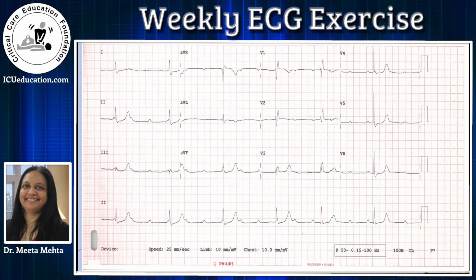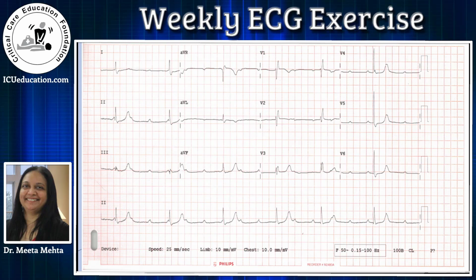Now, if you look at long lead 2 for P waves, some of the P waves are distinctly visible, but some of them are buried within the QRS complexes. For example, you can see the first QRS complex, second QRS complex, third QRS complex, and for that matter, the fourth QRS complex, the P wave is buried within the QRS complex, whereas in the first 3 complexes, it is very close to the QRS complex.